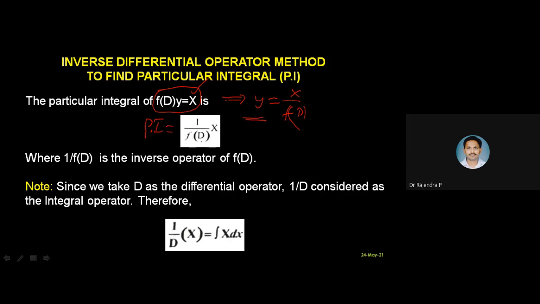So why is it particular integral? All your d's come in the denominator. Capital D stands for the differential operator d by dx. You already know derivative. So 1 by d, which is the reciprocal of your derivative, is called the integral operator. Whenever we have 1 by d of x of any function, then I can write it as integral of x dx. That means I have to integrate this, isn't it? Where I apply the integration, then and only then I will get the results. That is the reason they call it a particular integral.